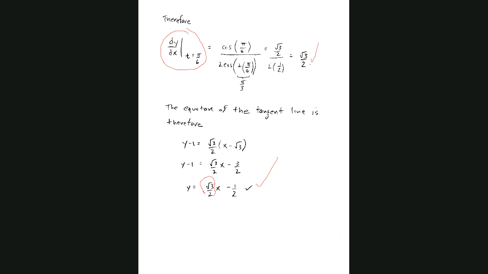That means, is the tangent line going up or down if the slope's positive? Very easy question. Going up. If the slope were negative, the tangent line would be going down, but this is going up. Okay. And if you go to the picture,